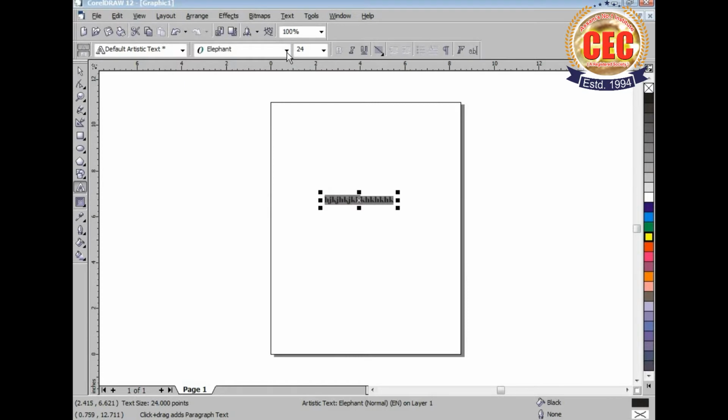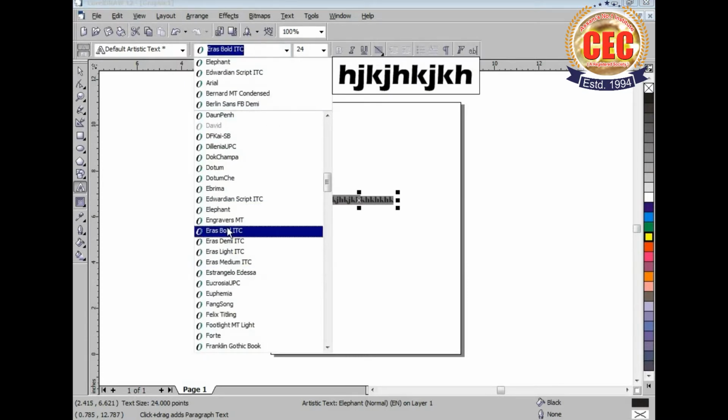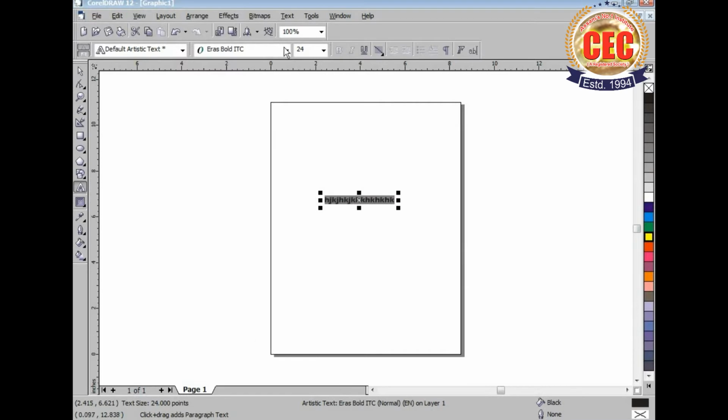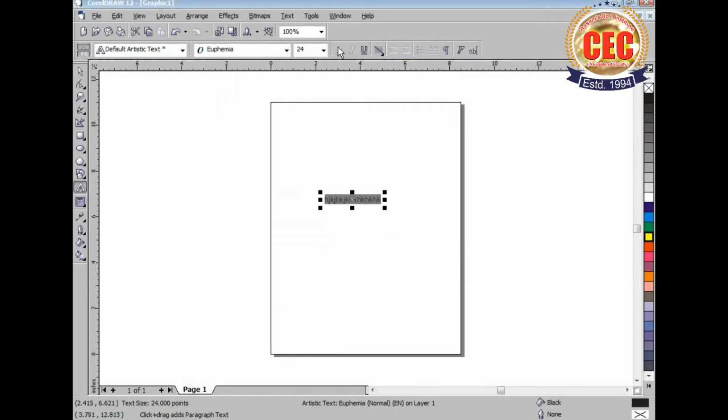So this is some style here. This way you can change the styles of your font. After that, you can make your text bold by using this bold formatting option. You can slant your texts by using the italics, and then here is the underline option, and you can add a line to your text from here.